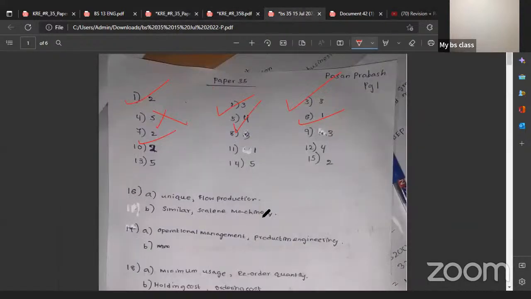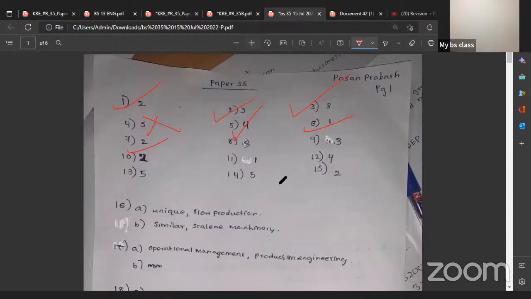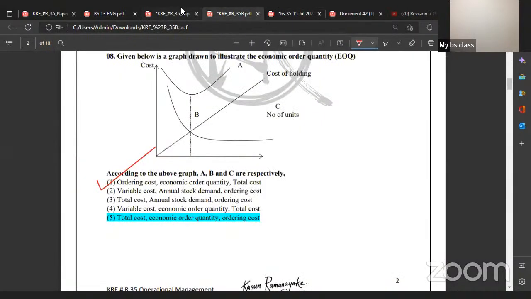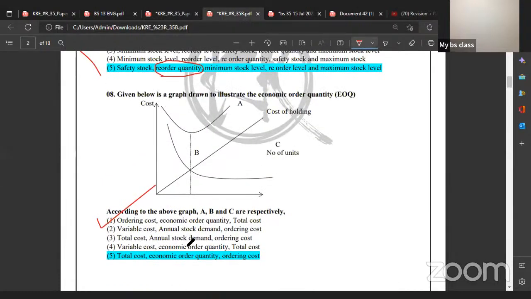Question number 8. So why are you saying it's 3? Why is it 3? Total cost, right. Annual stock demand B, no. It's not the demand, guys. It's not the demand. So here it represents your